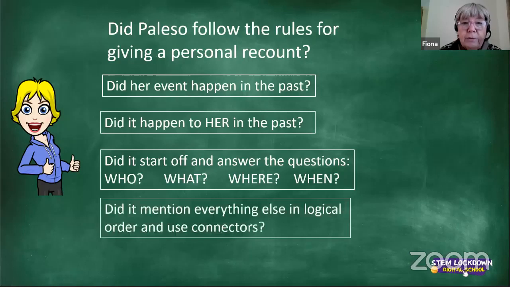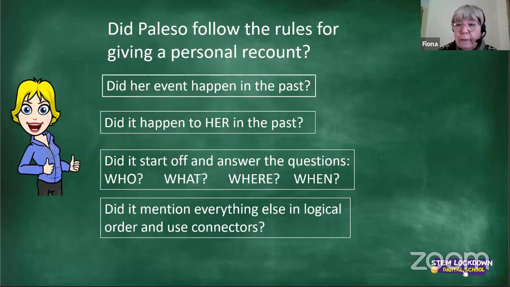And did Paliso's recount mention everything else in logical order and use connectors? Yes. Okay, I can see the chatting going on there. That's awesome. I'm watching the chat box. So yes, she mentioned everything else in logical order and she used connectors: first, second, third, fourth, fifth, sixth. Right. Okay, so